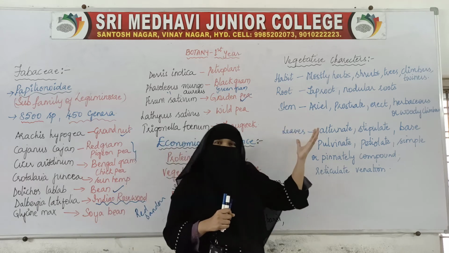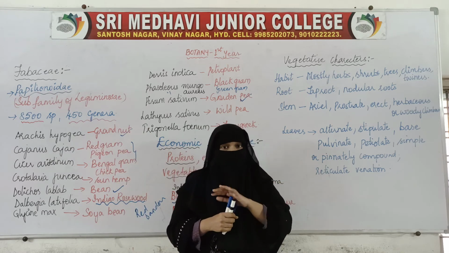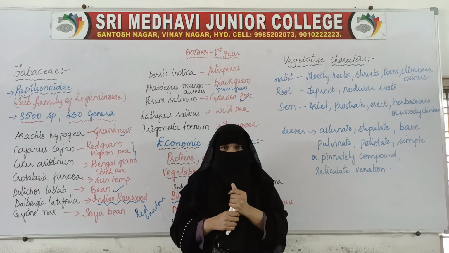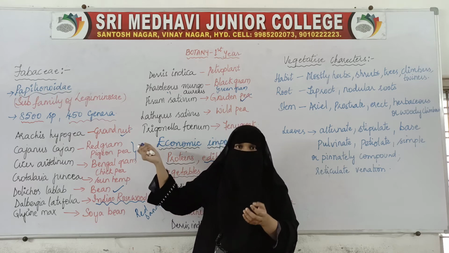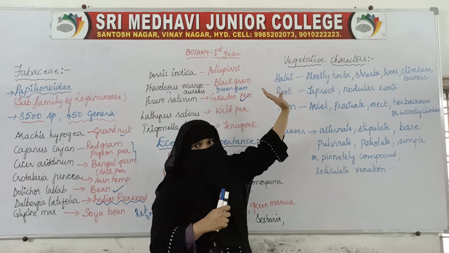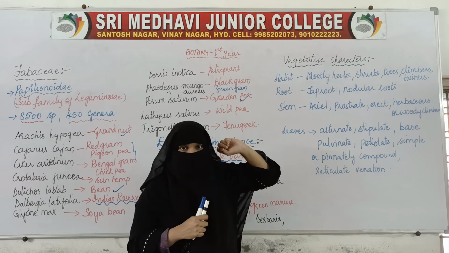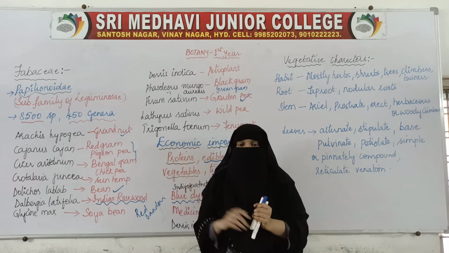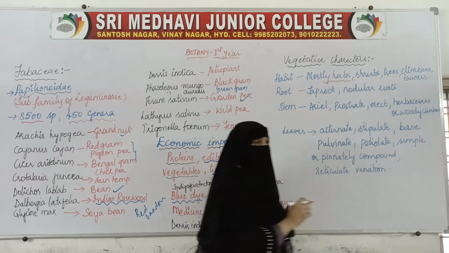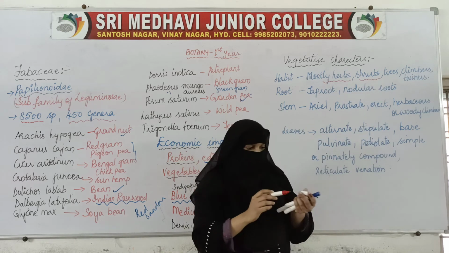Most of the species are found all around the world. They are found in almost all climates, that is, every place we can find some species of this plant. And according to this, what type of plants are they? Some of the plants which belong to this family are herbs, mostly herbs. Then a few of the plants are shrubs as well.